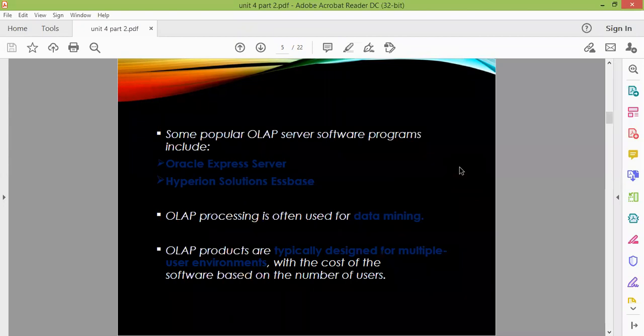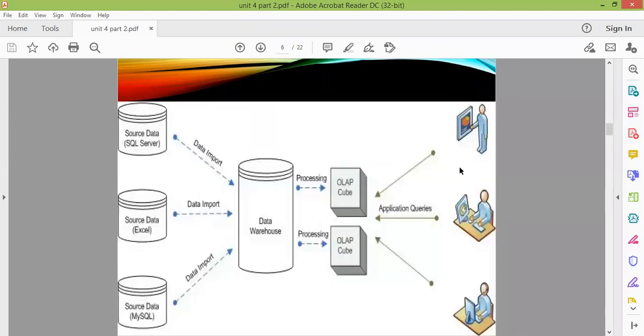Let's see, here you can see a diagram. These are the operational databases: the source data from SQL Server, the second source data from Excel, the source data from MySQL. If you look at the databases, all of them have different types of storage strategy.